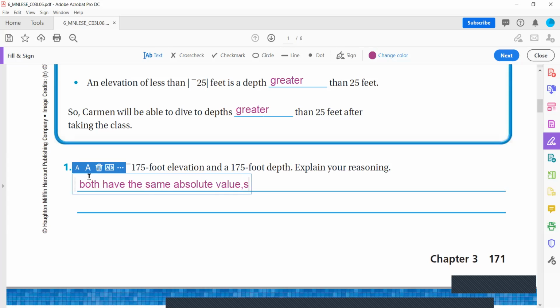a diver at minus 175 feet is also at a depth of